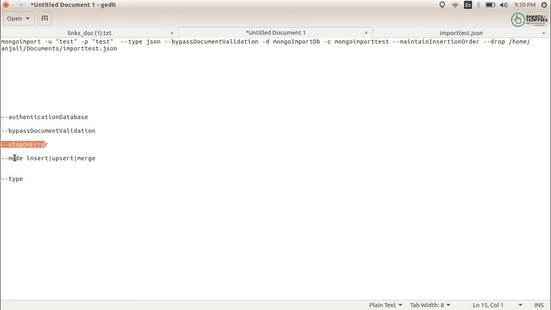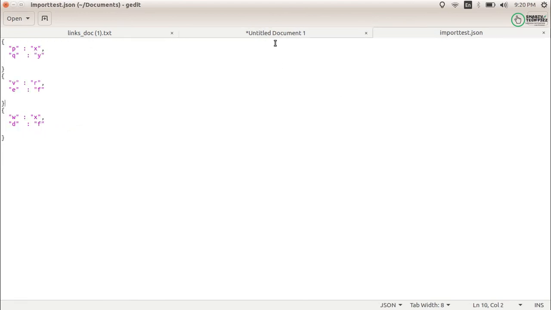Fine. Next is mode. This mode contains the value insert, upsert or merge. Mode concerns the document which you are going to insert. Let's say this document has an ID field as well, and this ID is already present in your collection.